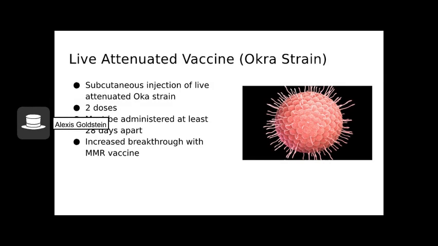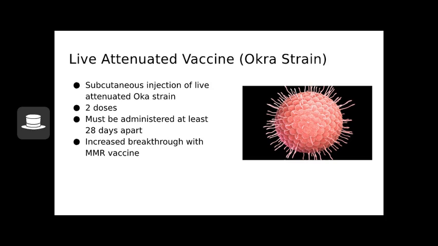The vaccine for this pathogen is a live attenuated or weakened virus, specifically that of the Oka strain. The first dose should be administered between 12 and 15 months of age subcutaneously. A child should receive their second dose between the ages of 4 and 6 years. If a child has never been vaccinated or contracted chickenpox, the 2 doses must be given at least 28 days